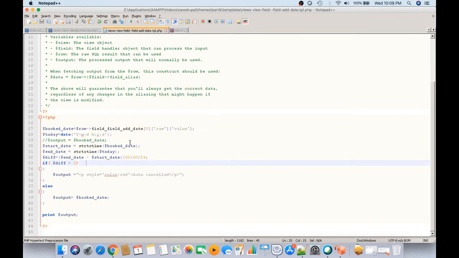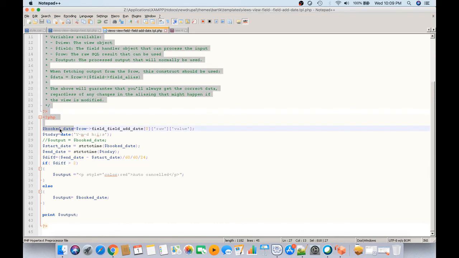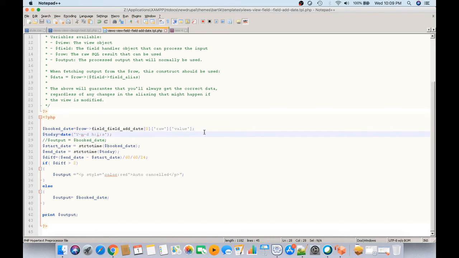So if you want to make any functional change for any field, you need to select that file name. For example, here I have taken the date field and added some functional changes. In this variable, the book date, I have taken the value from the views date field.